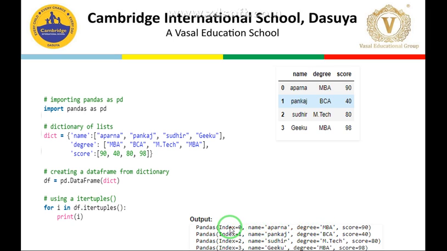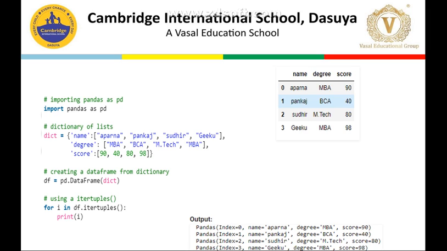The only difference is now you have an additional value here representing the index value. So the first and third are very similar. The second one was iteritems, which was giving the output in the form of items. So first we have revised all the three functions that we did in the last class.